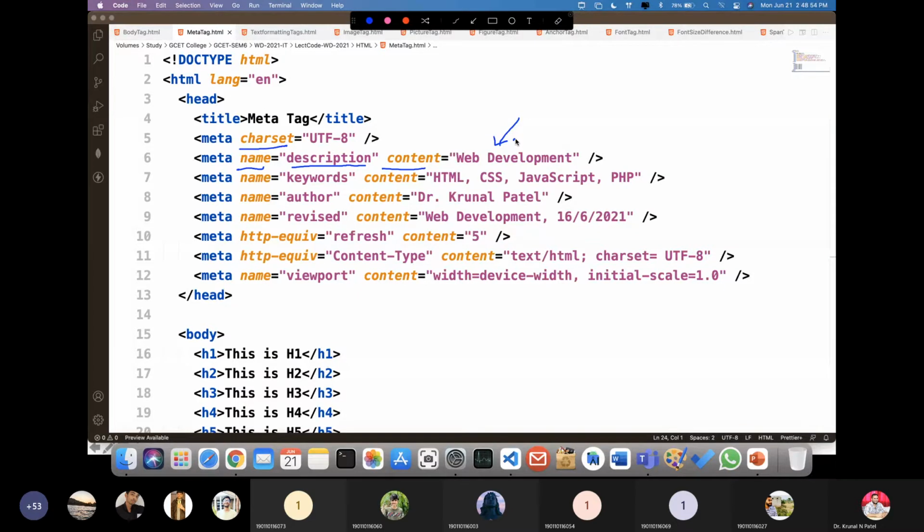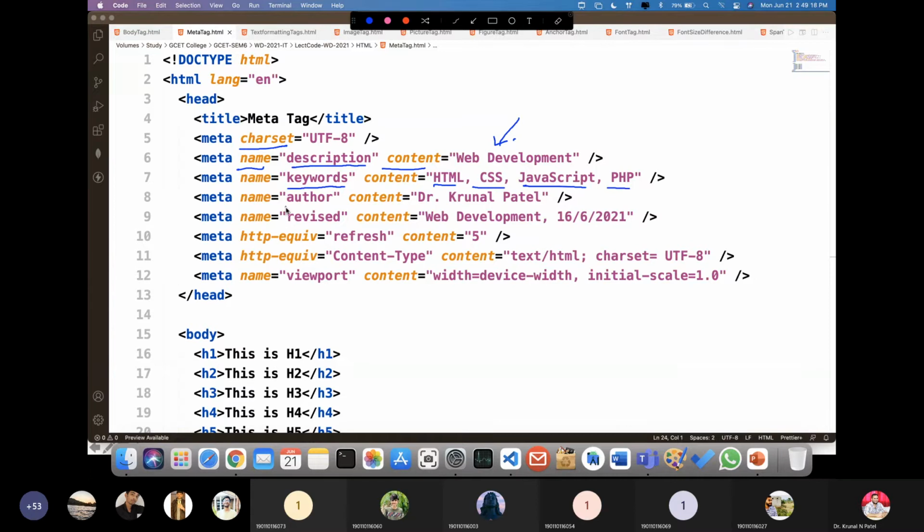Second, I want to set the keywords. Suppose my web page is related to a tutorial on HTML, CSS, web development, then I can put HTML, CSS, JavaScript, and PHP. These are the keywords, and these keywords are very useful for the search engines.